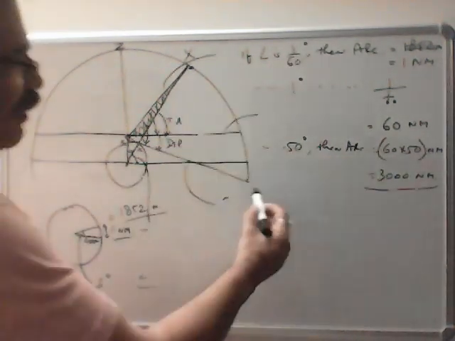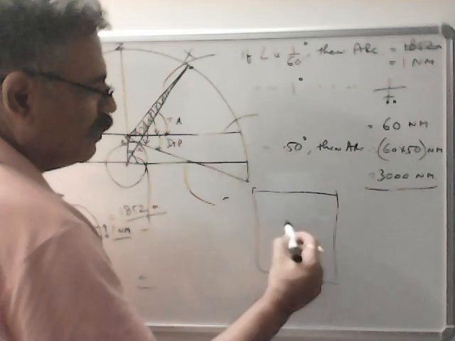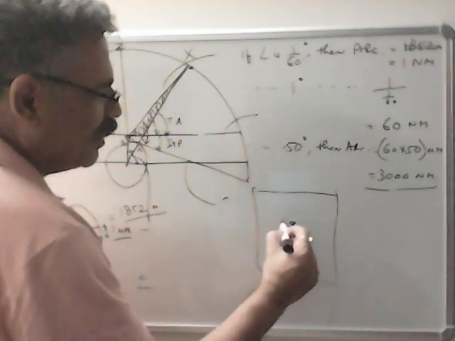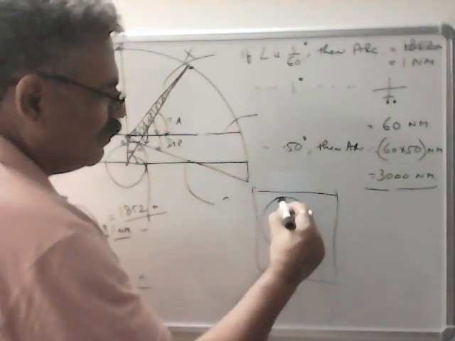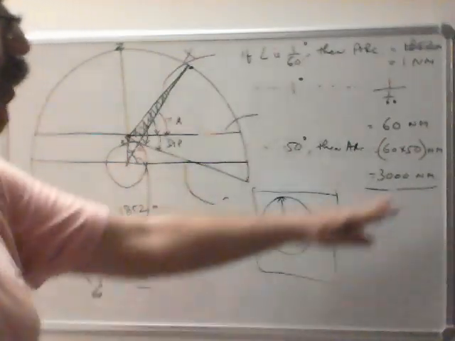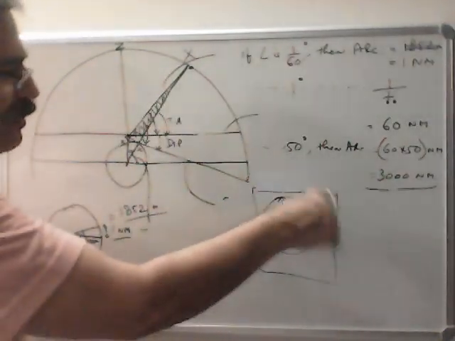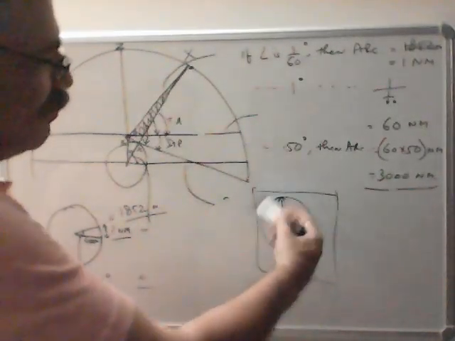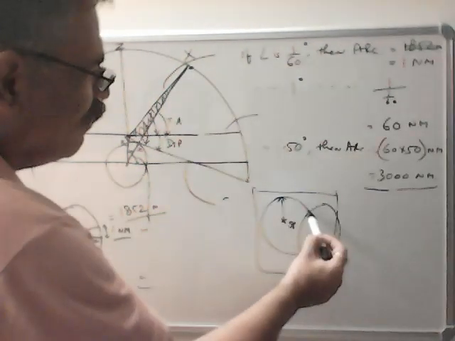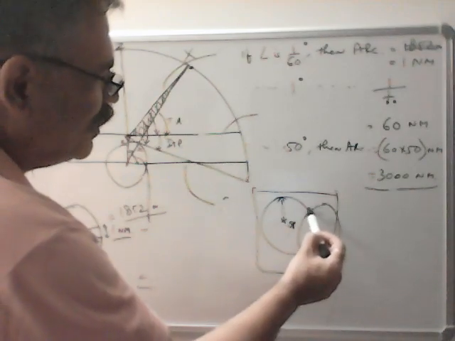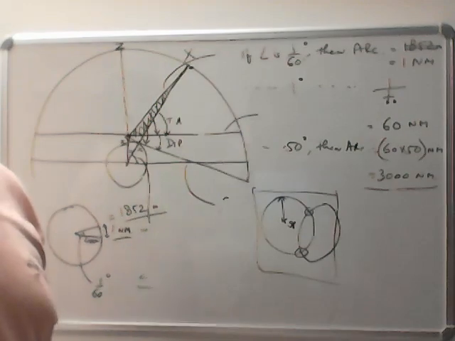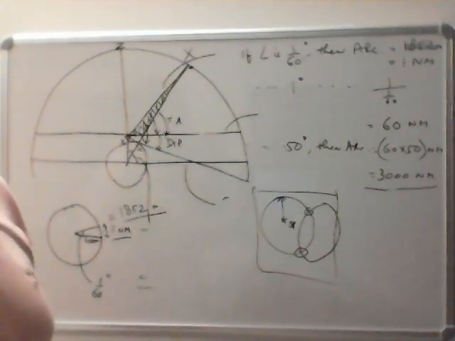Then you can make a circle on the world chart. This is the world chart. You can plot the GP and you can make a circle which has a radius of 3000 nautical miles. The ship is somewhere on this circle, which is called a position circle. Then you make another circle using another celestial body. Wherever they cut, the ship is either here or here. So this is how position is calculated using the sextant.